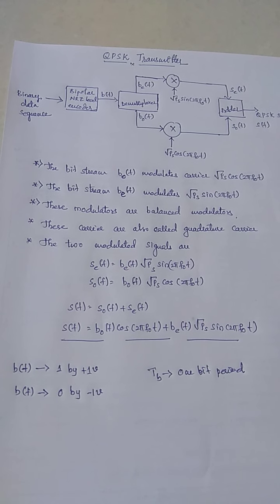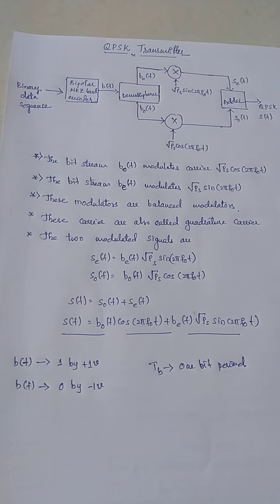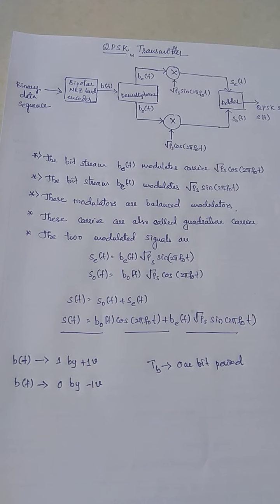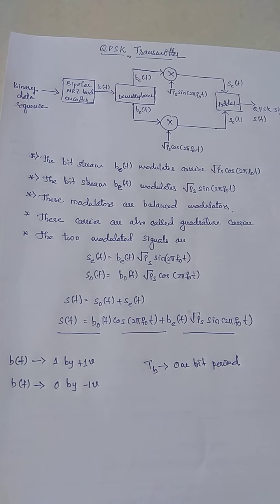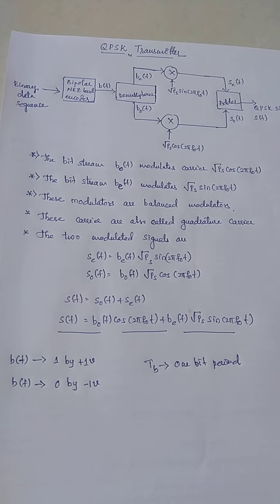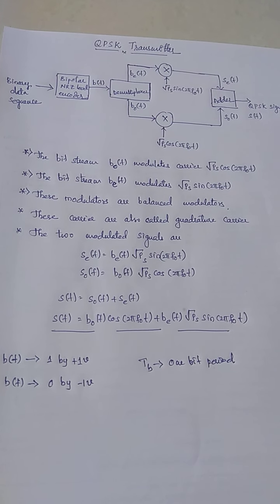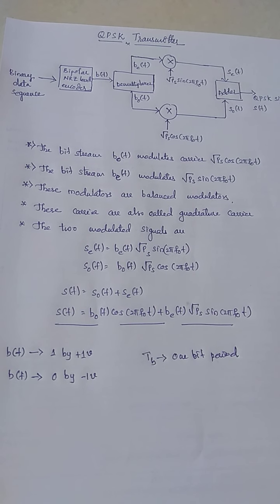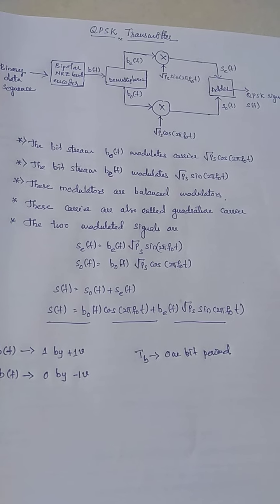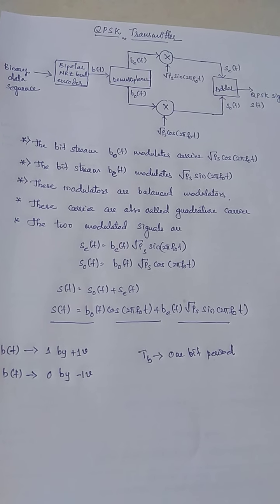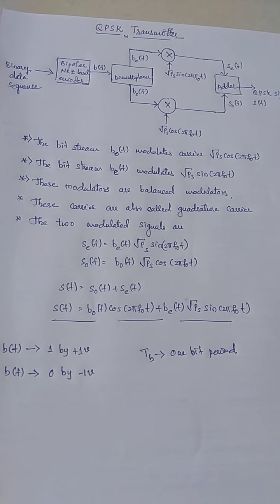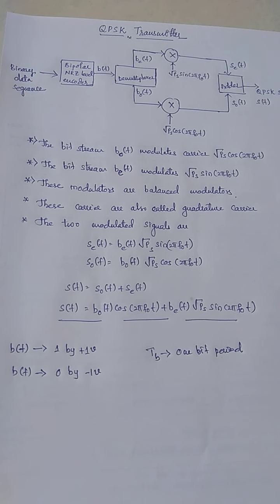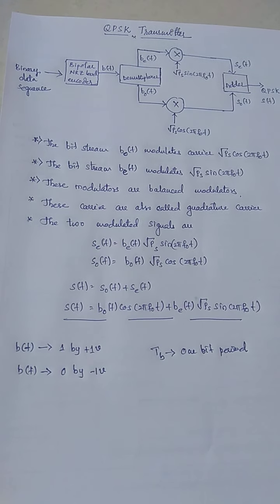We observe that the first even bit occurs after the first odd bit. Therefore, the even number bit sequence bE(t) starts with a delay of 1 bit period due to the first odd bit. Thus, the first symbol of bE(t) is delayed by 1 bit period Tb with respect to the first symbol of bO(t). This delay of Tb is called the offset. Hence, the name offset QPSK. The QPSK transmitter is also called an offset QPSK transmitter.